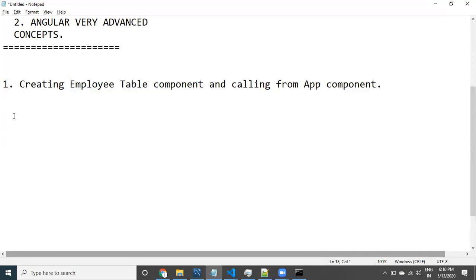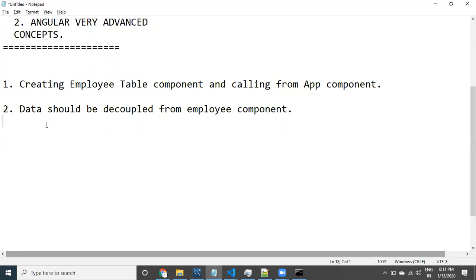Once it is done, the second task is decoupling: data should be decoupled from the employee component. This is closely related with the first task.